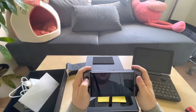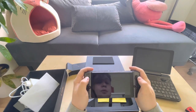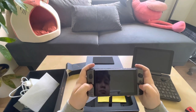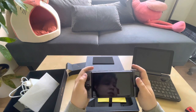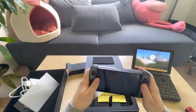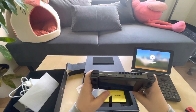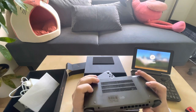However, it's not uncomfortably heavy, in my opinion. The sticks feel really great. I'd go as far as to say that I think these sticks feel even better than on the Win Max. The D-pad as well as ABXY buttons pretty much feel the same in terms of quality from the GPD Win 3 to the Win Max. And one of the biggest highlights for me are these analog triggers. I really, really like this. So, here with the thumb scanner, the programmable buttons on the back,